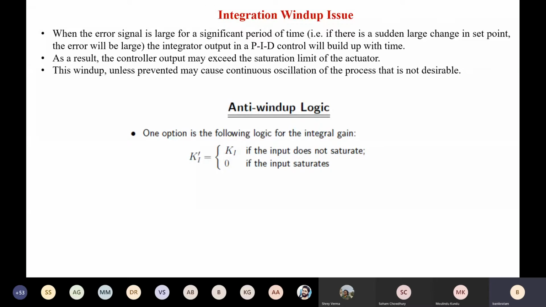Okay, and saturation means generally the controller output goes to the actuator, and then the actuator output goes to the process. So it may happen that the actuator might also have some limit, that it can take input up to this amount. So some compatibility issues can be there, or also the saturation limit means that is the maximum value. Beyond that, it cannot go.